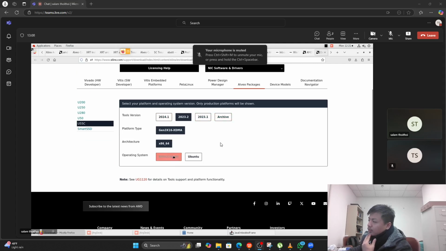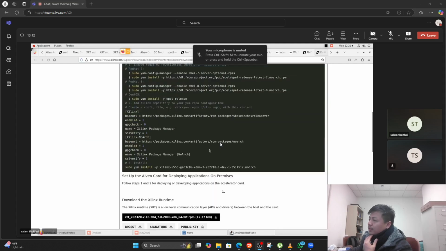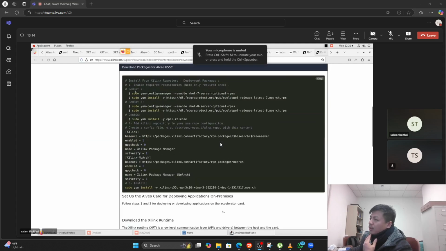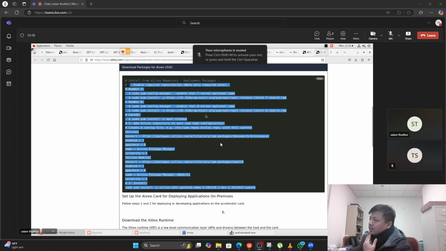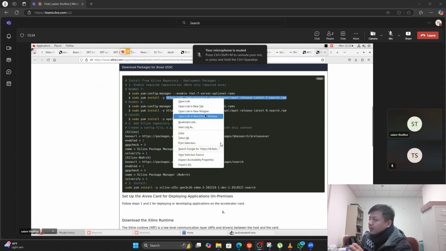I'm going to go for 2023, and that's what we did earlier to install the software, and we did follow the steps, and definitely we have some modifications on top of this because, for example, the RHEL 7.9